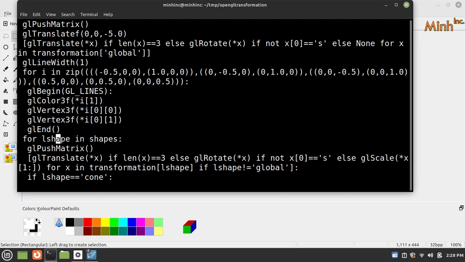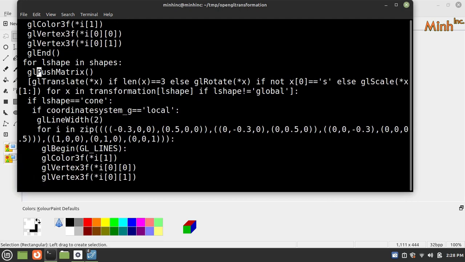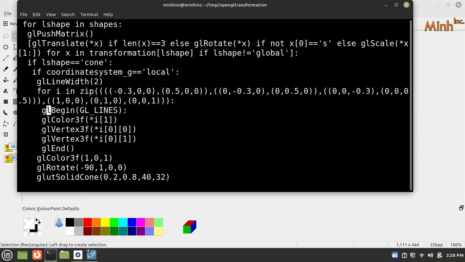Now we go for each shape. In shapes we push the matrix and we'll do the translation, rotation. If it is scaling, then we go for the scale, and 1 0 because S character we just omitted. And for X in transformation L shape, if L shape not equal to globe. If L shape equal to cone, okay, now we are iterating in the shapes. If it is cone, then we are drawing the, okay, I think we can go for